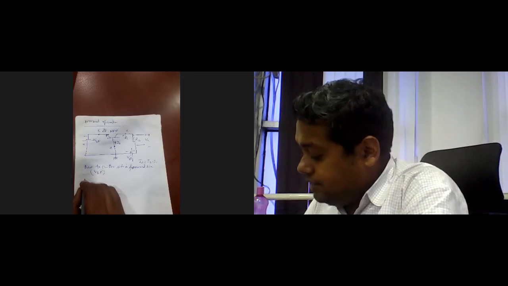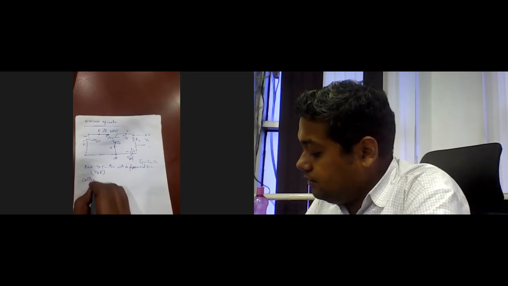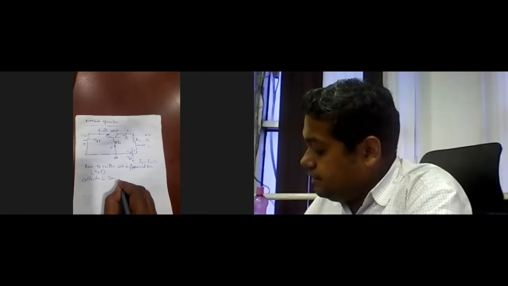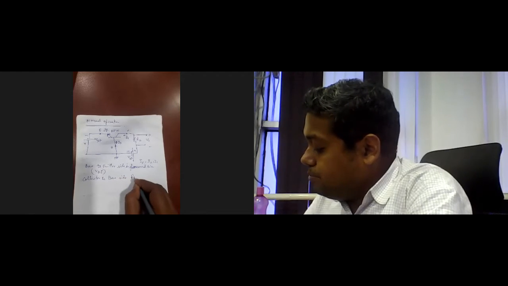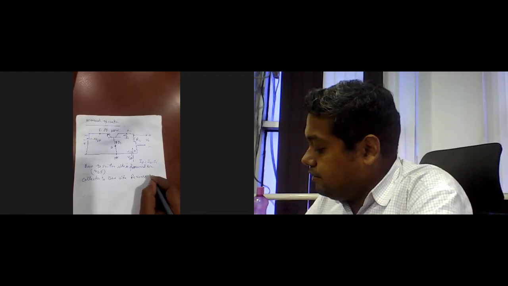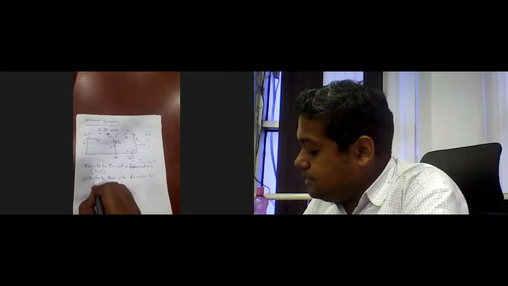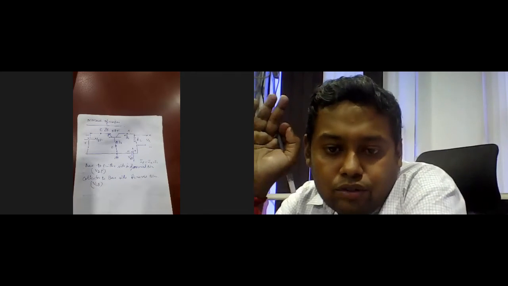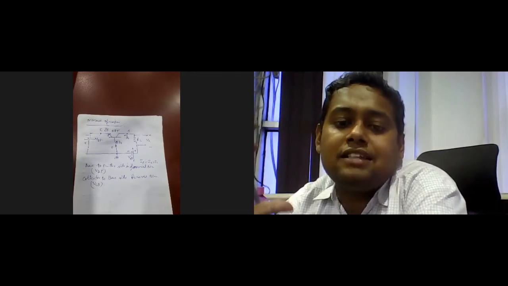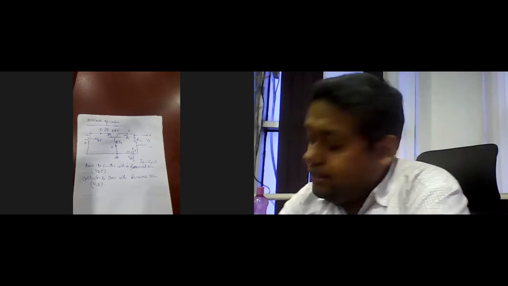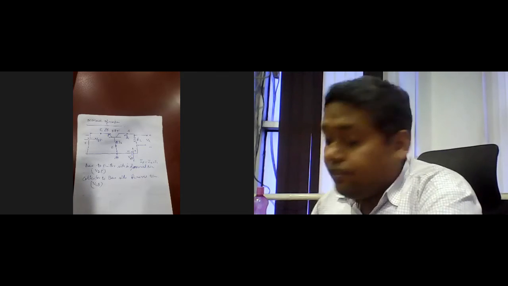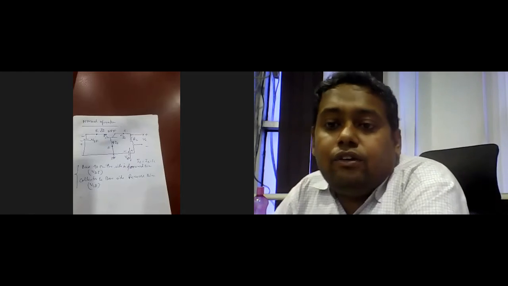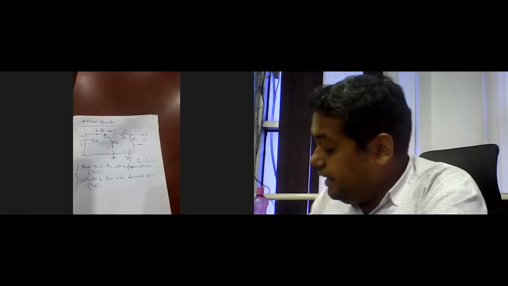Sorry, collector to base. Collector to base is reverse bias. This side is reverse bias. That is VCB. So for the normal operation, it is already defined: the input side is forward bias and the output side is reverse bias. Under these circumstances, if we consider this condition,